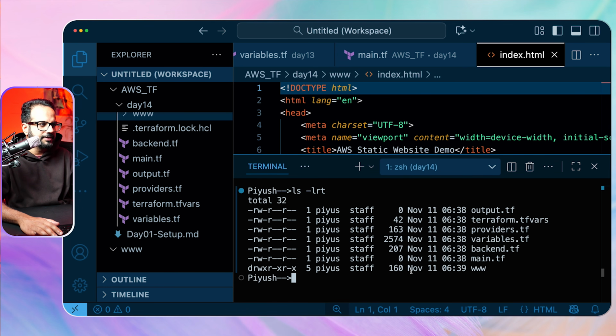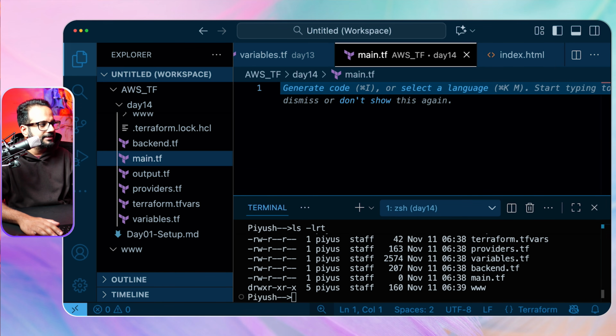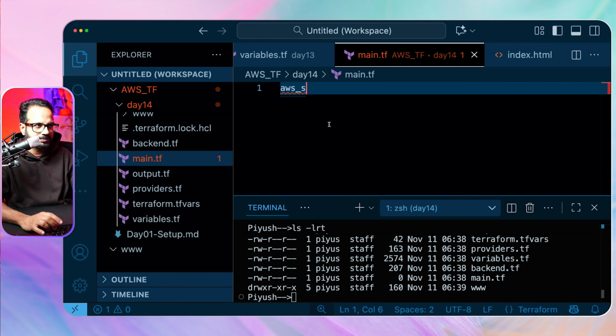Okay, now my folder is over here. So let's start with main.tf. First we'll start with creating the S3 bucket. So S3 bucket, if you remember, it's AWS S3. Let's start with